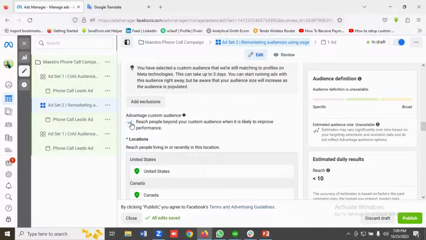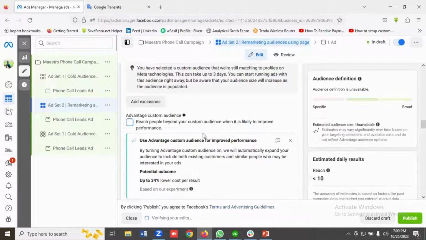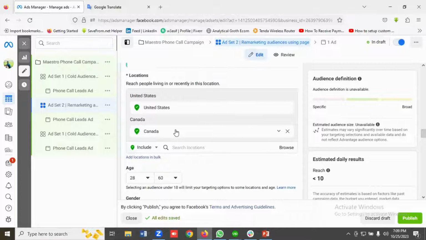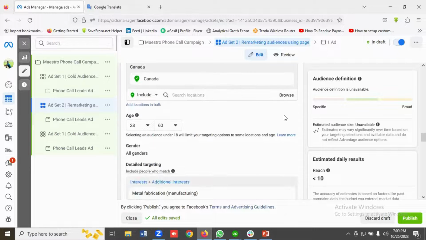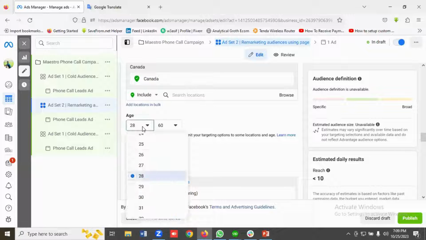Okay, so I'm going to disable this option, Advantage+ custom audience, reach beyond your custom audience. Okay, so I'll not be choosing this option. I'll give the location as USA and Canada. I'll not be giving any age range, so I'll keep the age range from 18